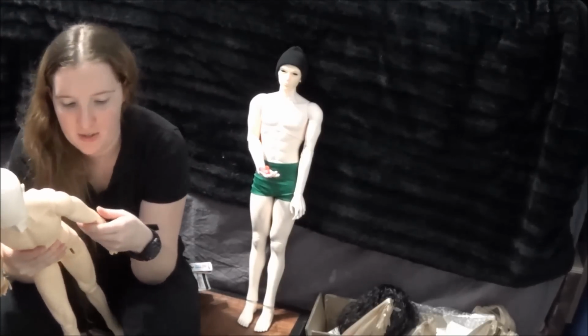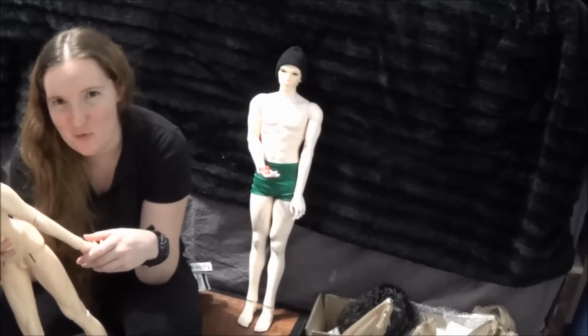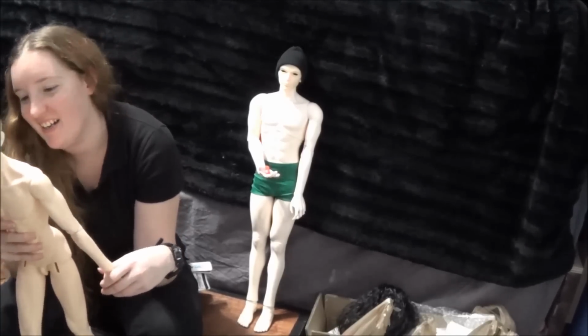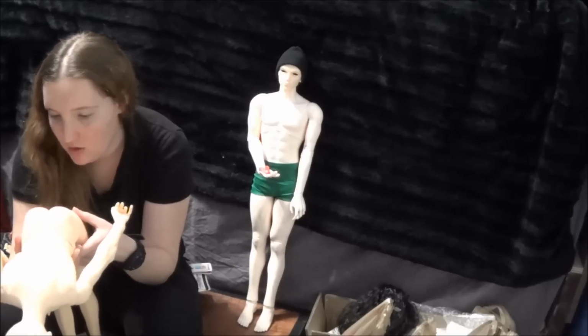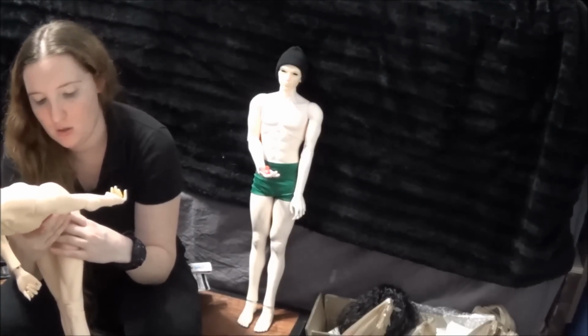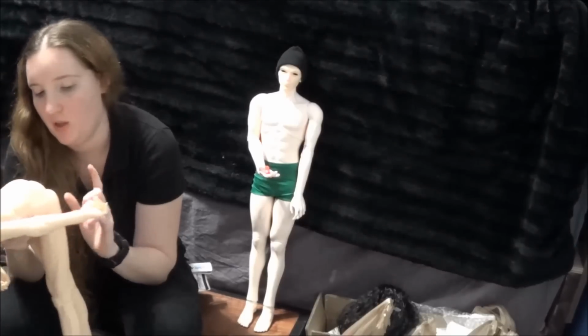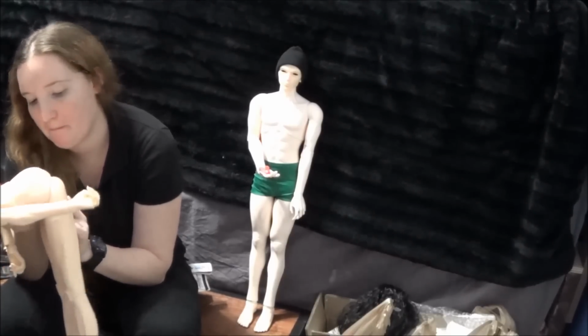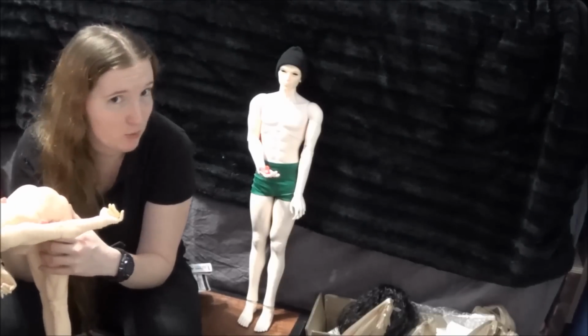It's very veiny. So vain. Oh, it does kind of have where they didn't drill all the way out of his leg up here. So if you're ever wondering if you've got a recast, if it's not drilled out nicely,